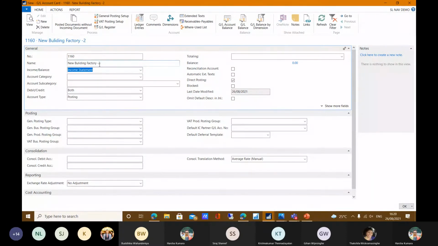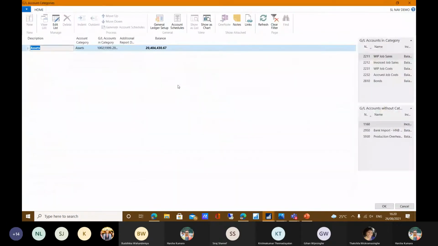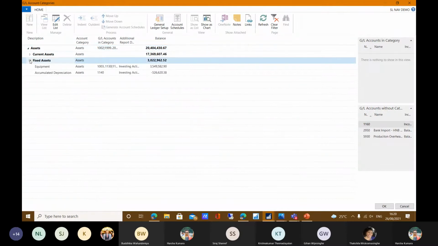And this should be balance sheet, because if I assign income statement, that is wrong. This should be balance sheet, because this is asset. The account category also should be asset, and then only the system can suggest this is an asset account, and when we run the reporting tool, we can easily get the asset accounts. And this can be under asset, this can be fixed asset, and under fixed asset